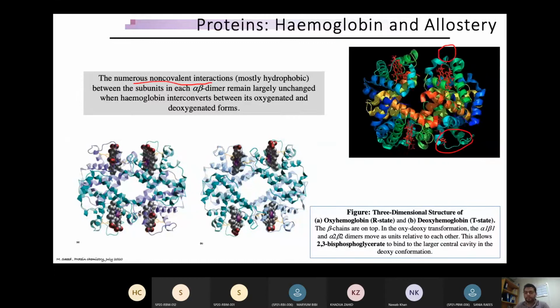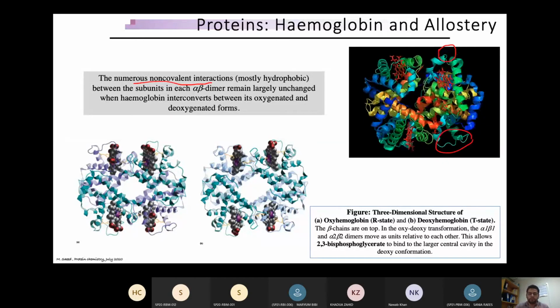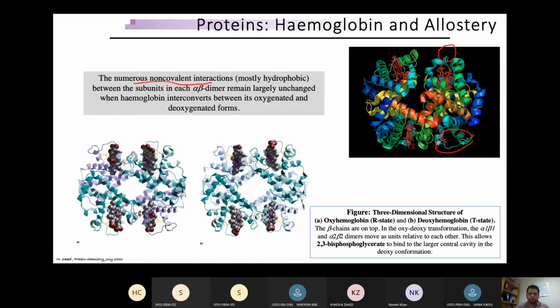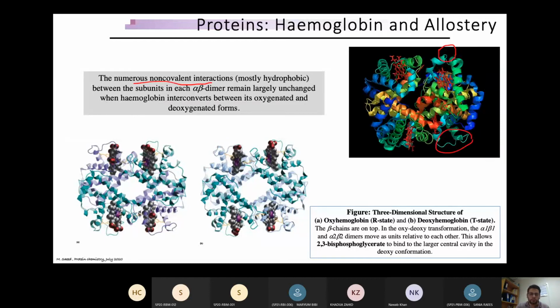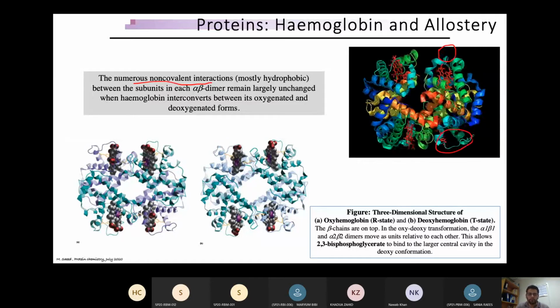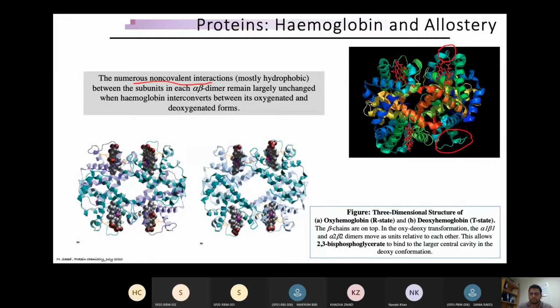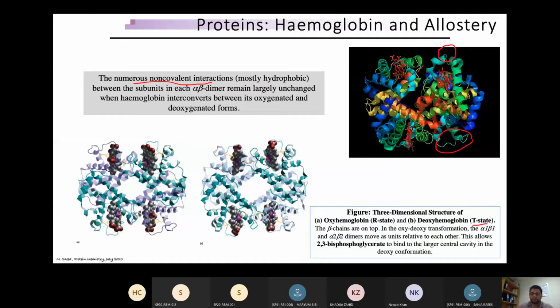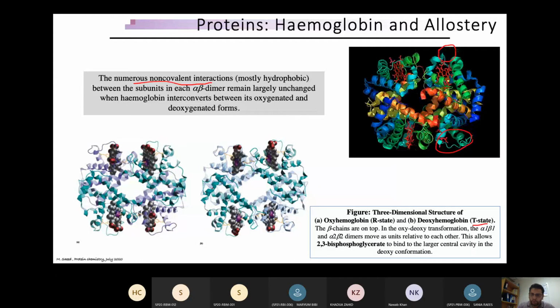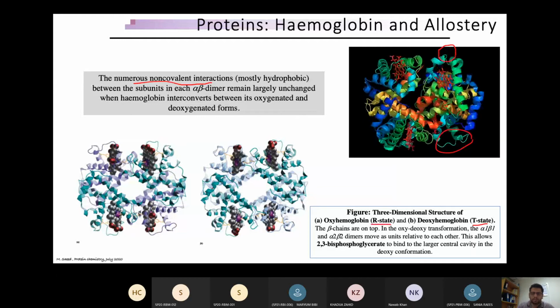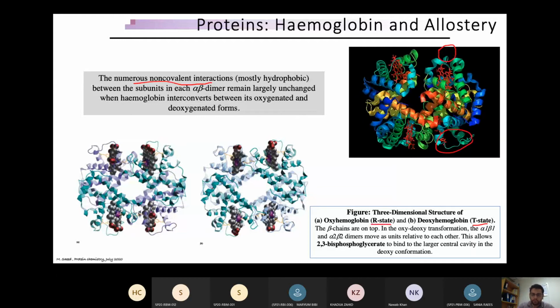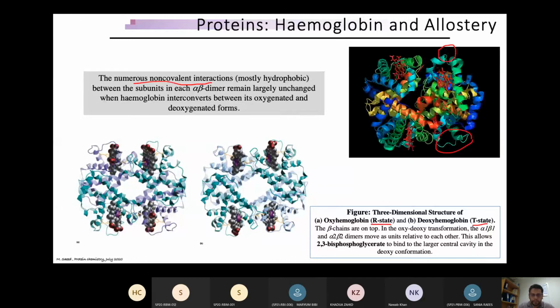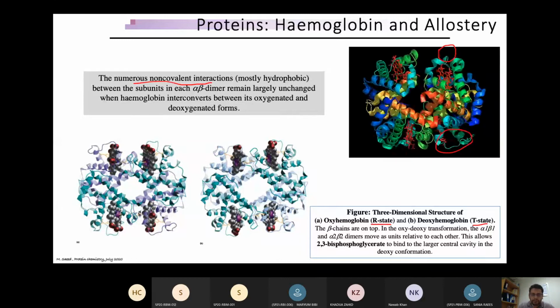By contrast, when hemoglobin is non-oxygenated, that means when there is no oxygen bound to the hemoglobin, this state is called the taut state. That means a tense state. When oxygen is bound to the hemoglobin, it is called the R state hemoglobin. इसको R state hemoglobin भी कह सकते हैं. यहाँ पर इस नीचे पैनल के अंदर दोनों स्ट्रक्चर नजर आ रही हैं.